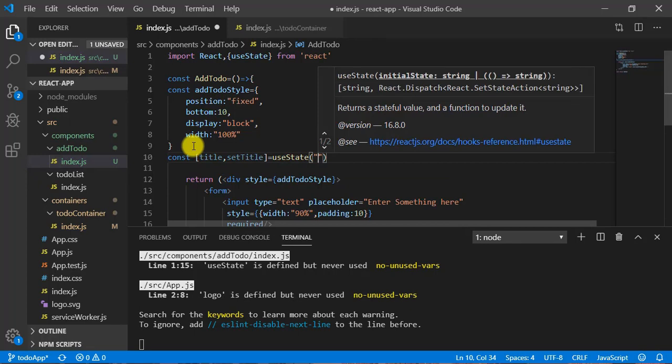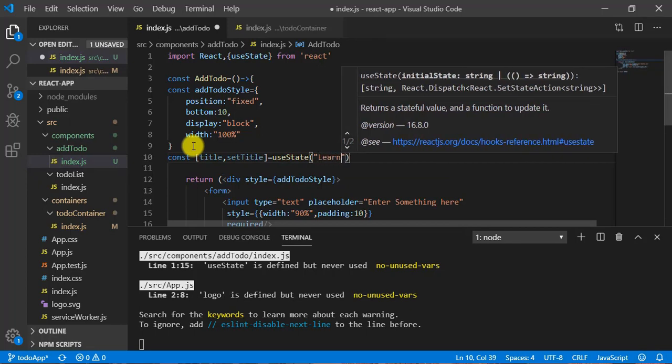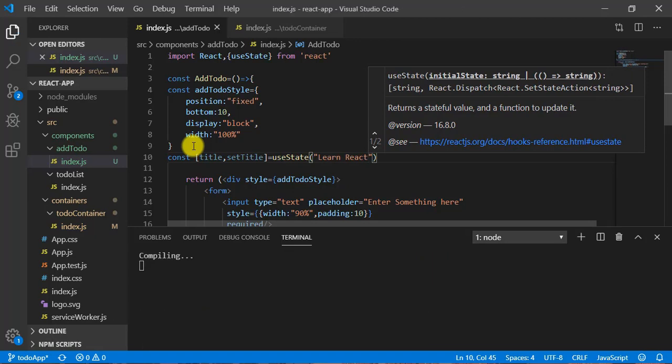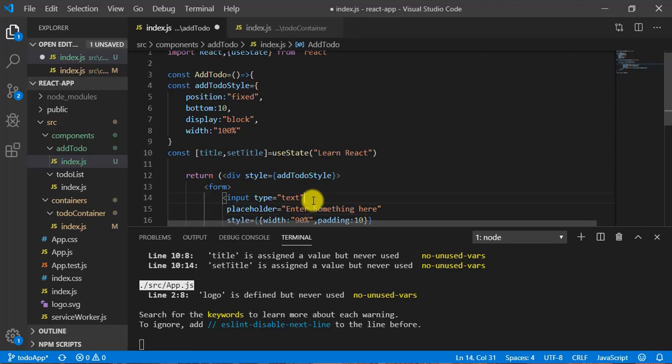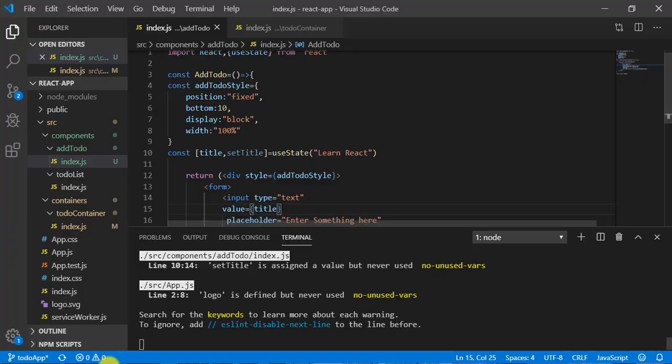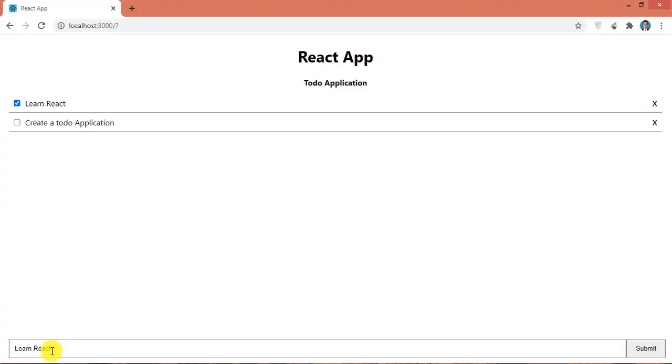Let's call it learn react. Okay, let's bind this state to our input box. So here I can write value equal to, and define this title. You can see now I have this text, but I am not able to make any changes.